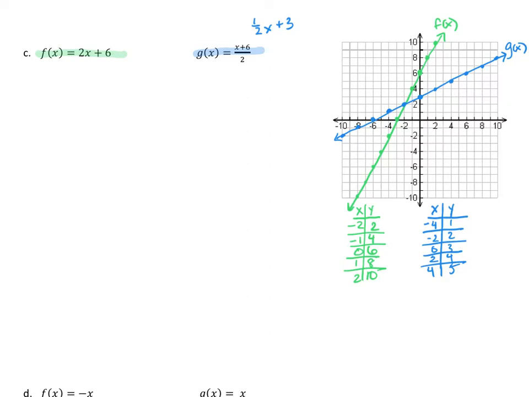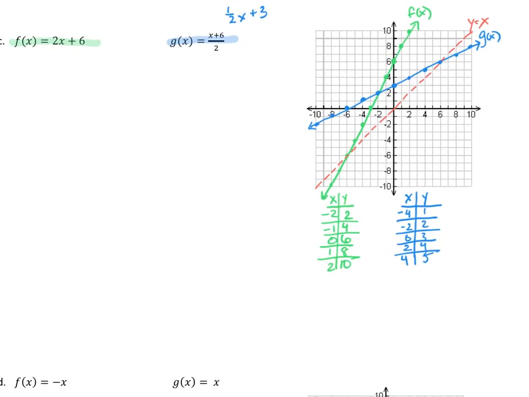But we can see that if we were to graph the line y is equal to x across here, that line of reflection, these lines do not reflect across that line of y is equal to x. They do not reflect upon each other. So what does that mean? Well, if we were to write a sentence, you'll notice I start all my sentences with since. You don't have to do that, but I'm going to say since